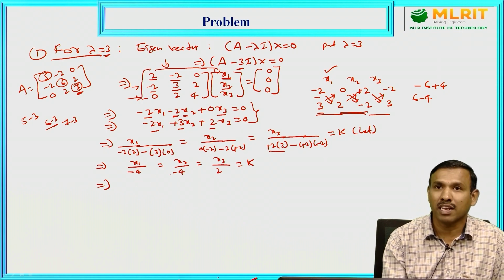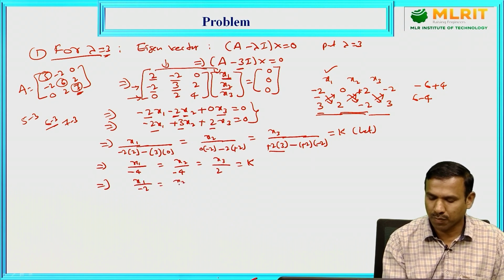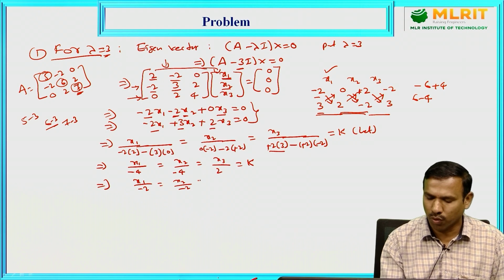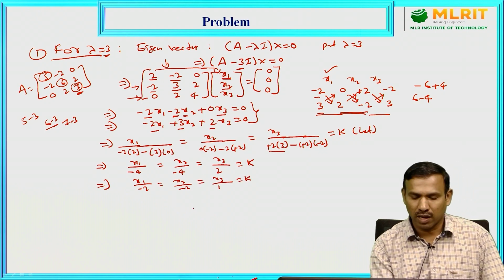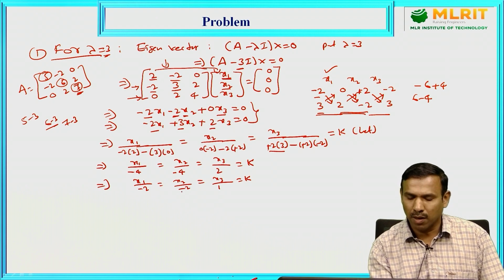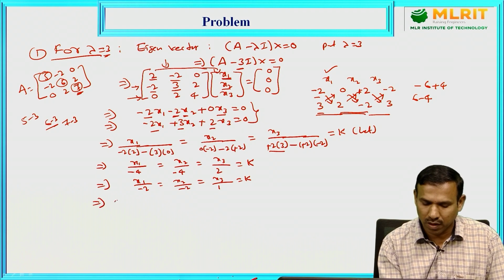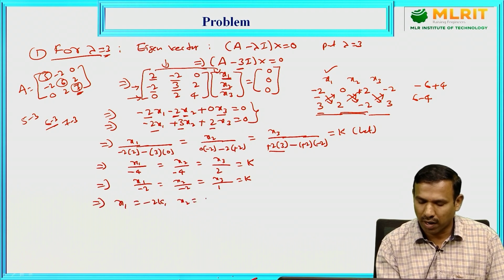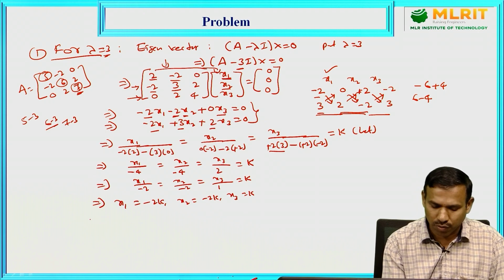Since the denominators can be cancelled by 2, we can write in the lowest terms: x1 by minus 2, x2 by 2 into 4, x3 by 2, ones is equal to k. Now here we got three values, minus 2k, k on cross multiplying. We can cross multiply: x1 is equal to minus 2k, x2 is equal to minus 2k, x3 is equal to k. Now, if you write the first eigenvector,